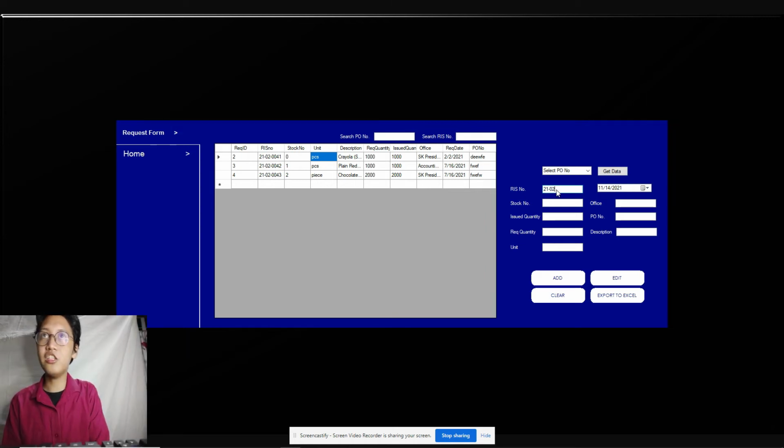Next is the requisition and issue slips. It is where the requested items can now be issued to the requestor and complete its order.